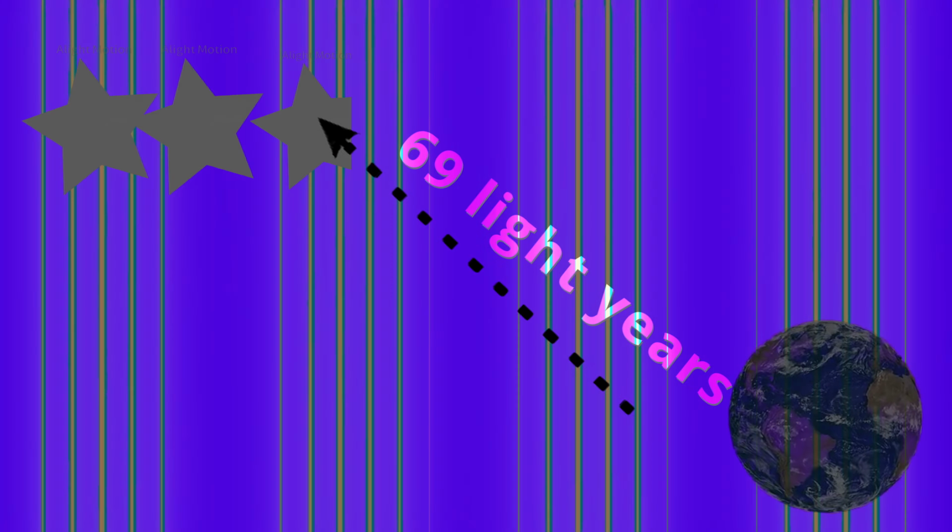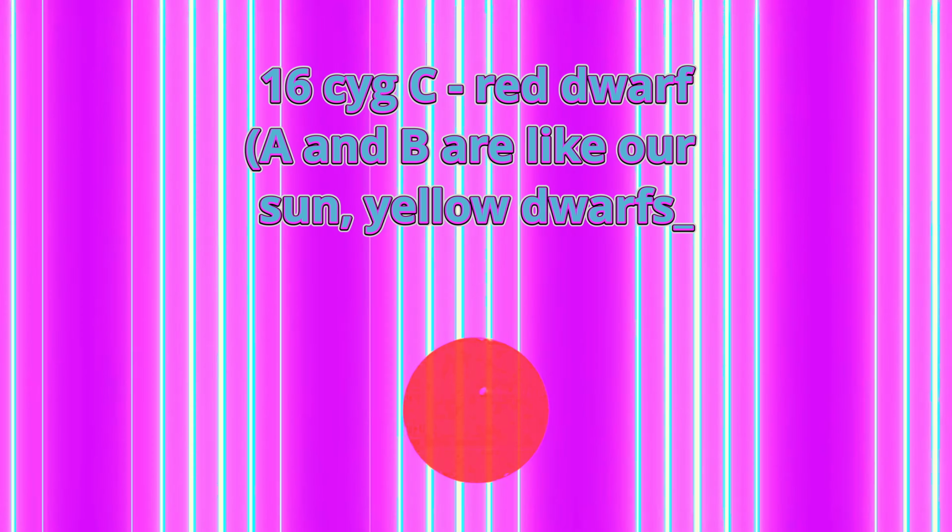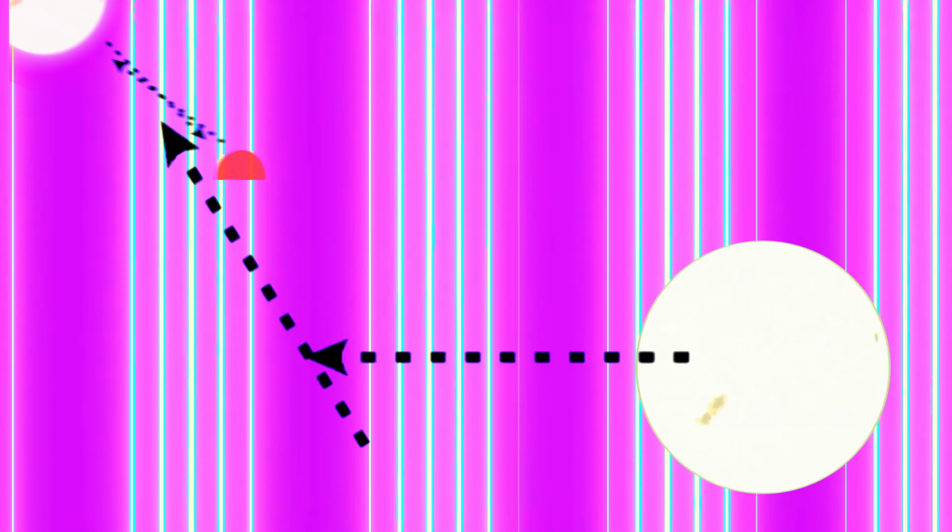Okay, we have 16 Sig. So this star has 25% more metal than our sun. But it's like 3 stars. Wait, what? A triple star system located 69 light years from us. It contains 16 Sig A and B, which are yellow dwarfs like our sun, and 16 Sig C, which is a red dwarf. 16 Sig A and C are in a binary, roughly 73 AU apart, while 16 Sig B